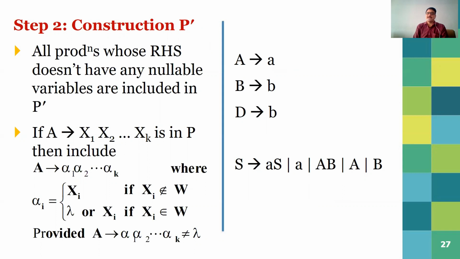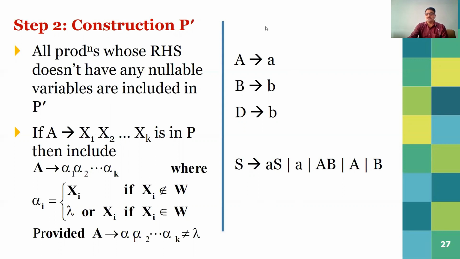And if A2, X1, X2, X3 are in P, then we have to include A to alpha 1, alpha 2, up to alpha k, where alpha i is equal to Xi if Xi does not belong to W. W is what? The set of nullable variables. And it is null or Xi if Xi belongs to W. We provide A to alpha 1, alpha 2 up to alpha k does not equal to null. So how can we find the construction of this